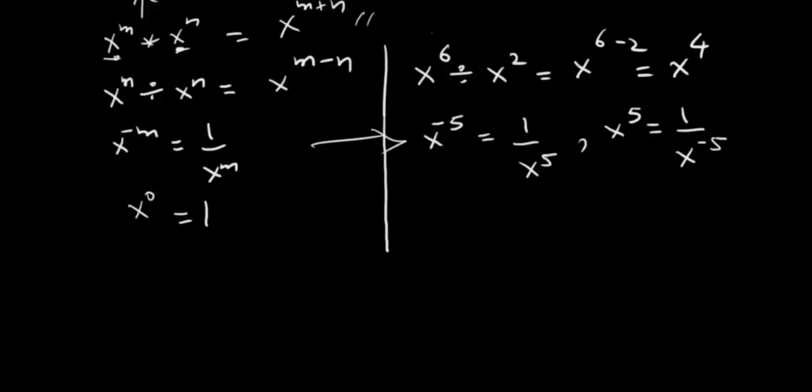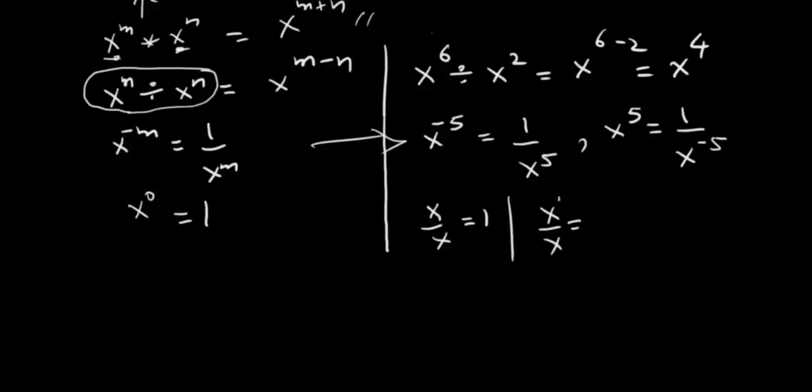How do we justify this? x over x will always be 1, but if we try to do x over x by this rule, xm divided by xn, then here is 1, here is 1, so 1 minus 1 gives x0. That's why this and this are equal. That means x0 should be equal to 1. So this is always true. x0 or y0, everything to the power 0 is like dividing itself by itself, so that is of course 1,